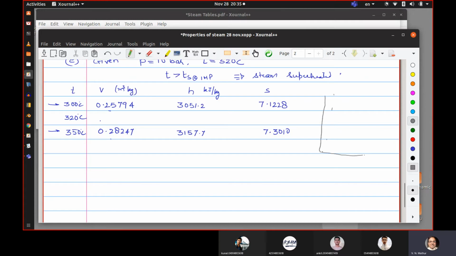So this is volume and this is temperature. So this temperature is 300, this temperature is 320, and this temperature is 350. So volume corresponding to 300 is known. This value is 0.2579,